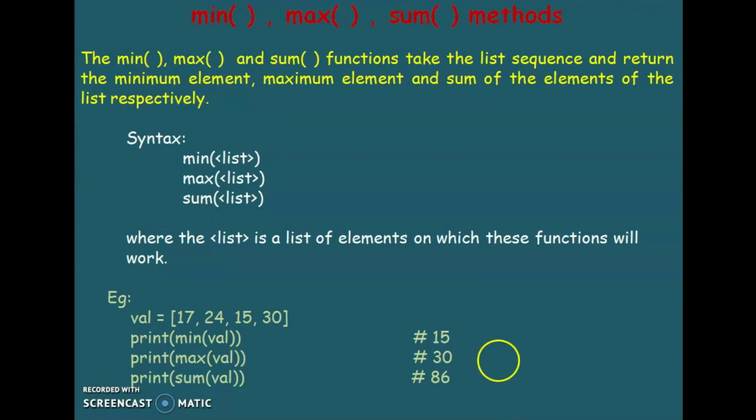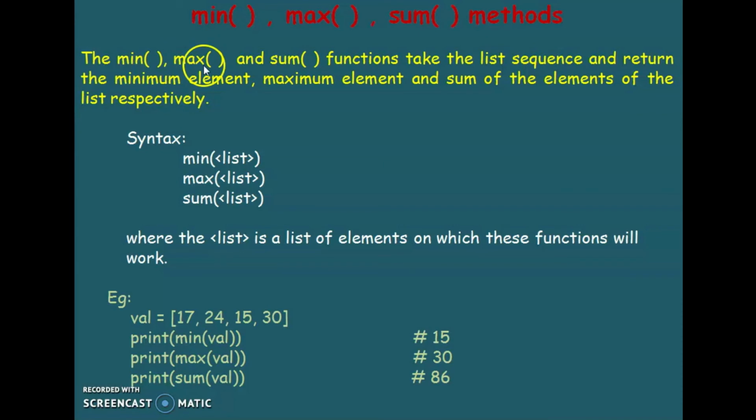The next one: min, max and sum methods. From the name itself, we can identify that min is for the minimum value. We can identify the minimum value from a group of values. Then max, the maximum value. Sum, the total sum we will get.